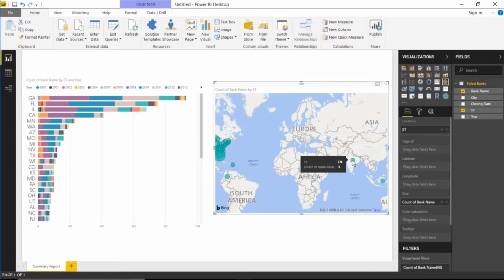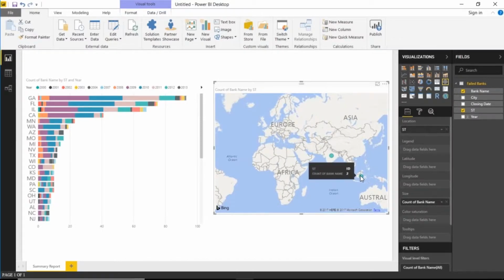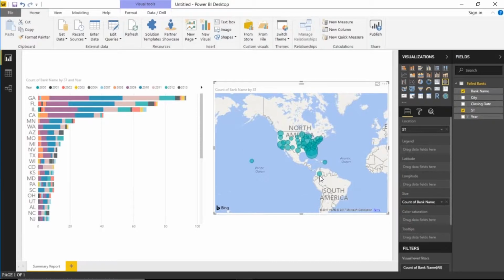For example, it looks like Indiana got placed as the country of India. And it looks like Idaho got placed as some other country. And what is this one? Colorado is placed here as, is it Colombia there? So it's got a few mistakes in my data. There are a few things I can do to clean this up a little bit. One of the problems is, first of all, the way that we've identified states